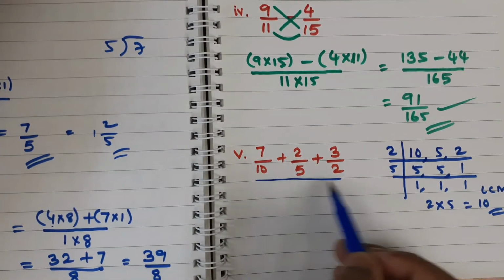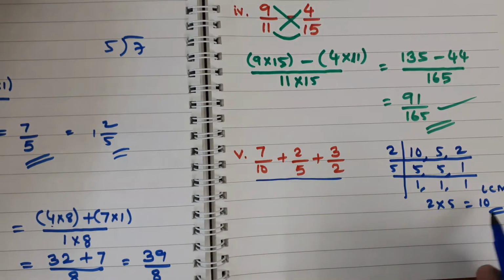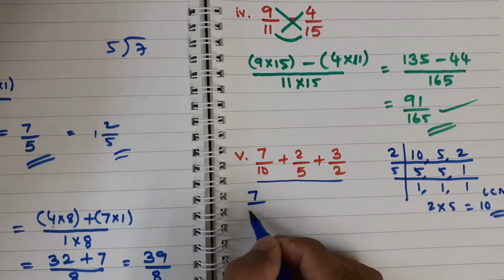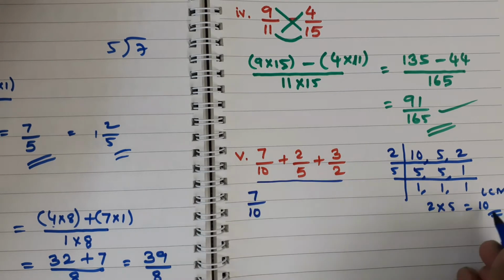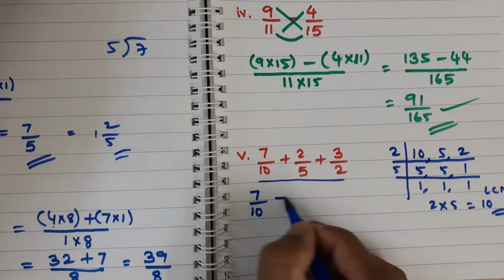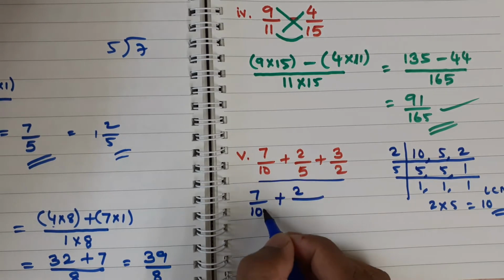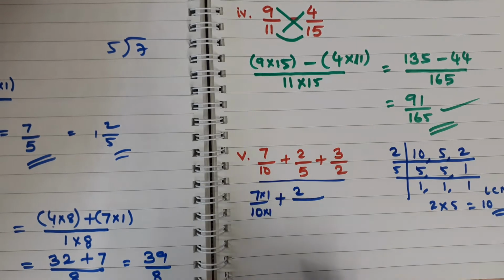So guys, we have to make all these denominators same like the LCM. We have to make all this number equal to the LCM 10. Let us do it. So the first fraction is 7 upon 10. So already we have the 10 in the denominator. This is matching with the LCM. So here no need to do anything, no changes. Then you can multiply here 1 and here also 1. 10 into 1 is 10.